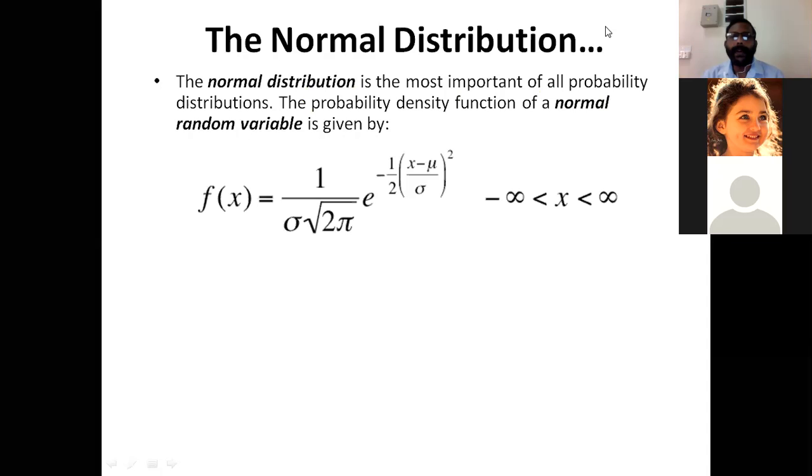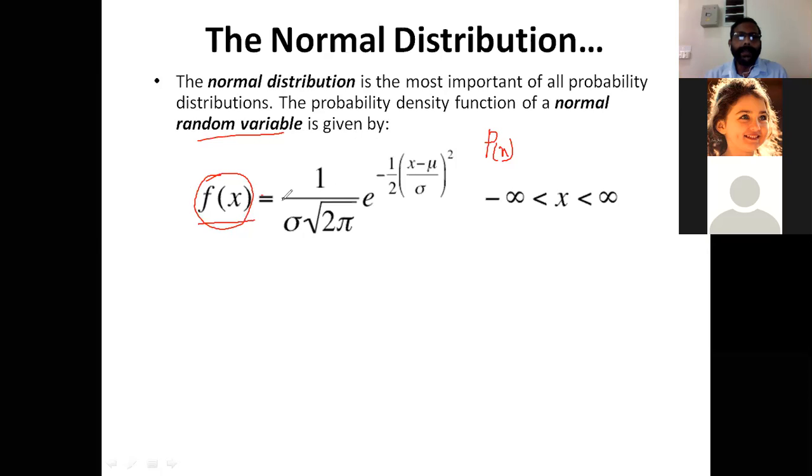Similarly, let's look at the probability density function of the normal distribution, the normal random variable. This is how the formula is given. You don't need to remember the formula. We don't expect you to remember the normal distribution formula, but you should understand the formula. It is the same as the earlier case, probability of x. So here, similarly, the probability of x, which is a continuous random variable, is given as